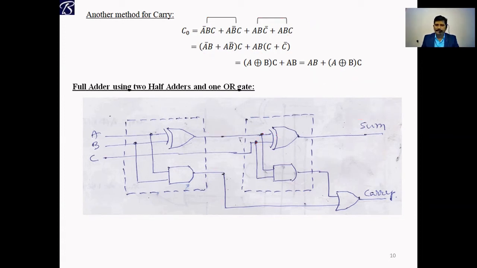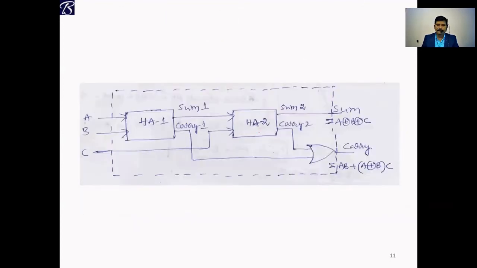If you observe this diagram, this is what? This is XOR and AND gate. This is a half adder. And this is what? This XOR gate and AND gate. This is one more half adder. If you take this one, this sum we will get, 2 half adders are required and one more OR gate is required. So to implement, generally they will ask to implement full adder, so 2 half adders and 1 OR gate is required. This is a very important point.